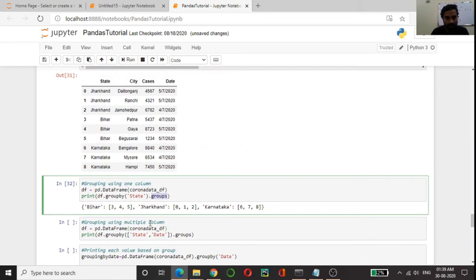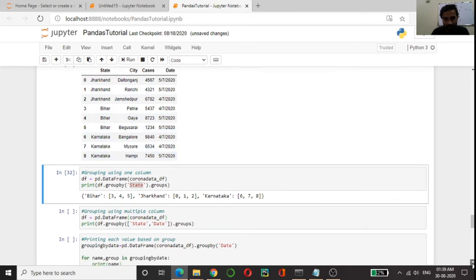As you can see, we are doing a group by on state. There are three distinct states here: Bihar, Jharkhand and Karnataka, and the rows having Bihar are 3, 4, 5, Jharkhand 0, 1, 2 and Karnataka 6, 7, 8. You can just see it here.